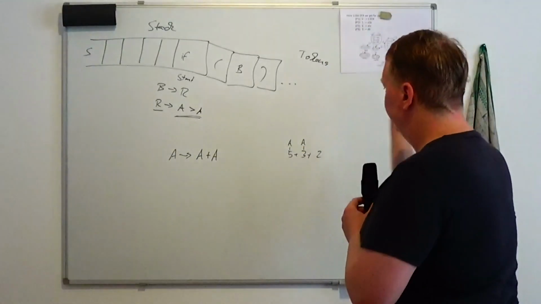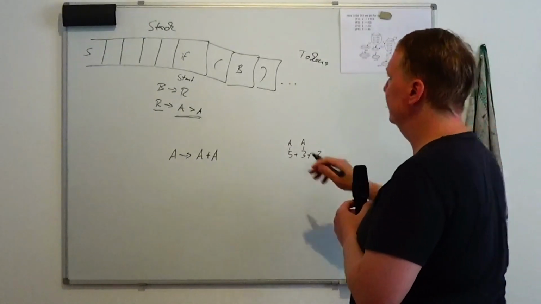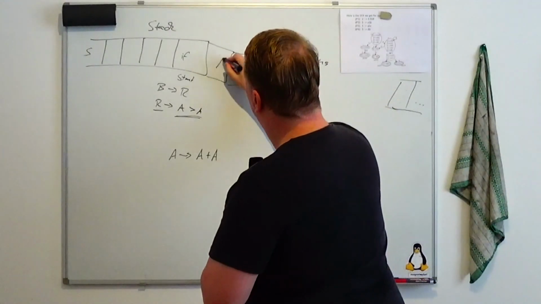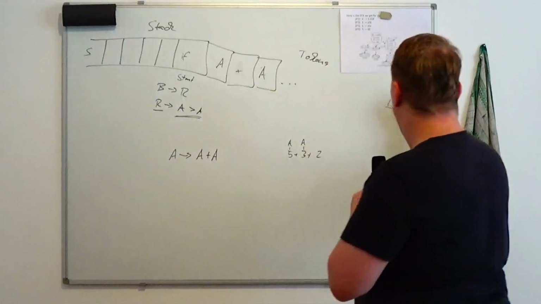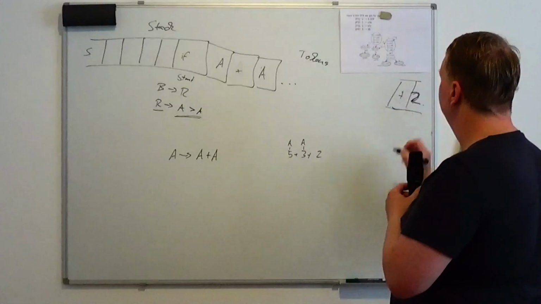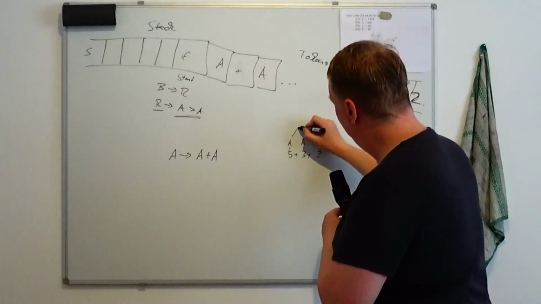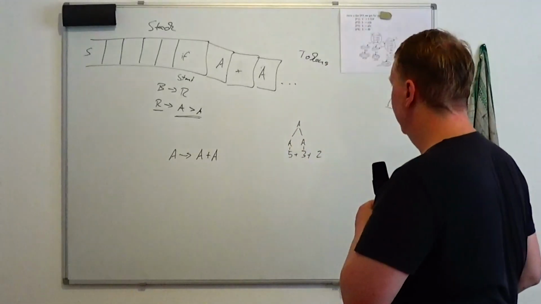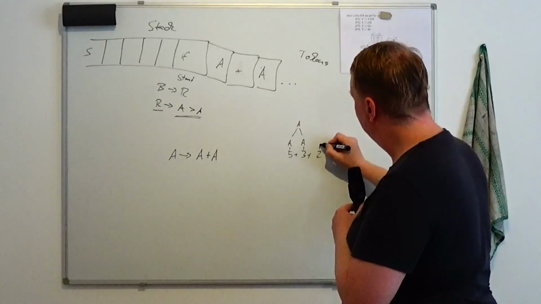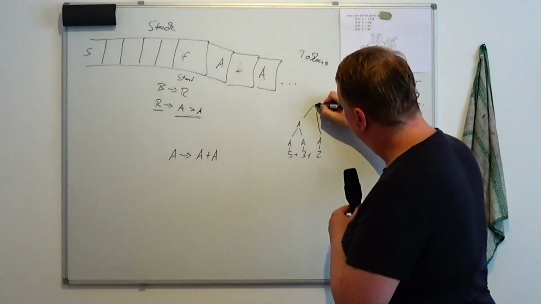Then we shift the plus, we shift the 3, we reduce the 3 to an A. So now we have A plus A on the stack and plus 2 on the lookahead. What do we do now? We could reduce this to an A,